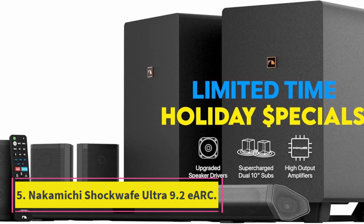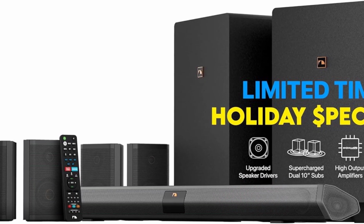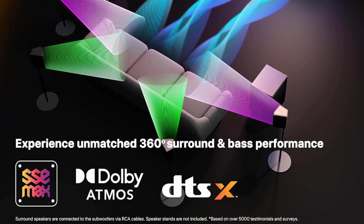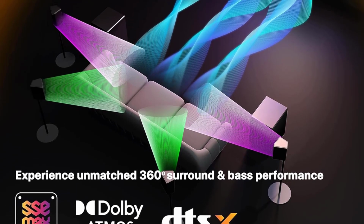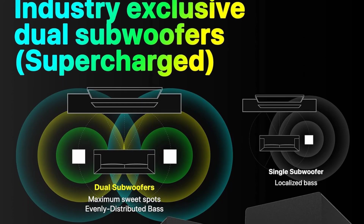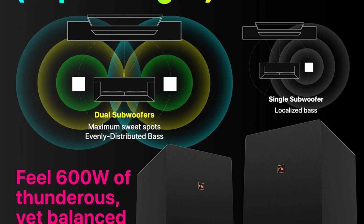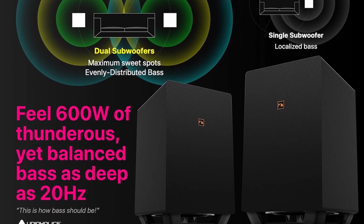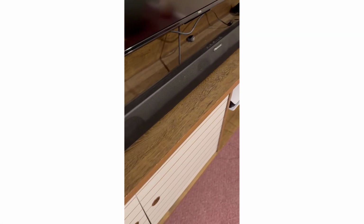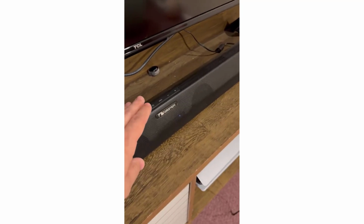Nakamichi Shockwafe Ultra 9.2 eARC. For those with larger, more open living spaces, finding a soundbar capable of filling your whole room with sound is important. The Nakamichi Shockwafe Ultra 9.2 eARC is one of the best soundbars for this use case thanks to its unique 9.2.4 setup. Unlike most soundbars, it has 2 subwoofers to even out the bass reproduction and 4 satellite speakers,